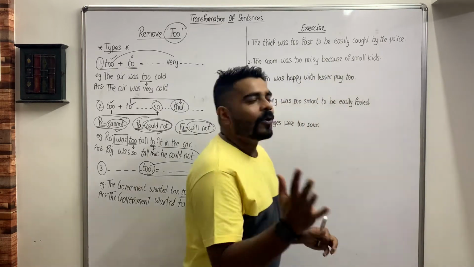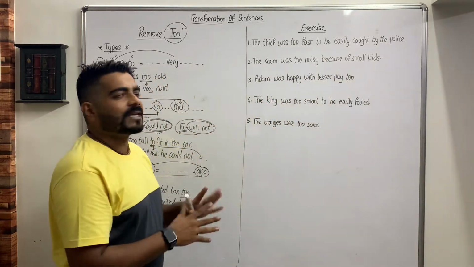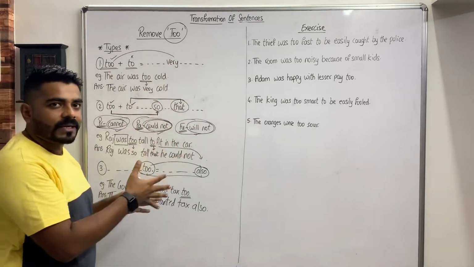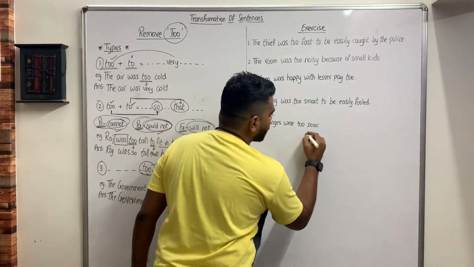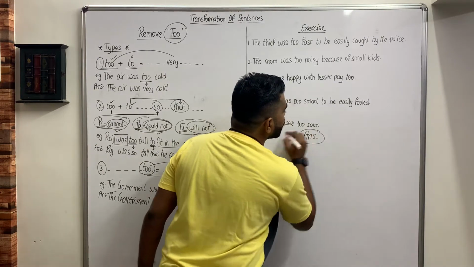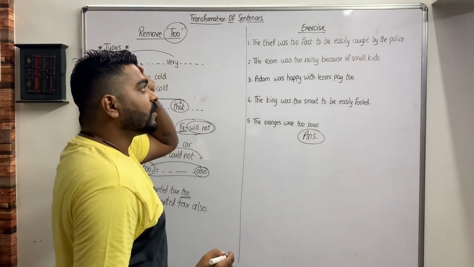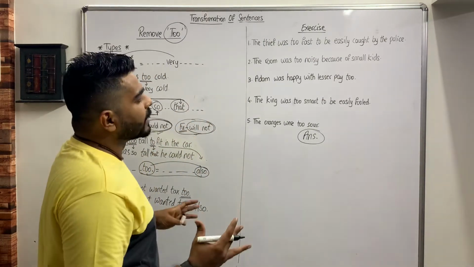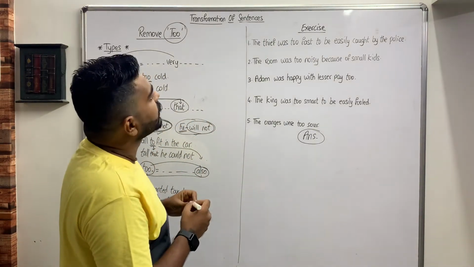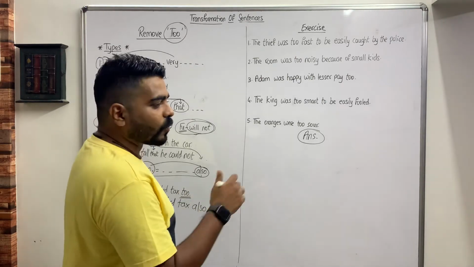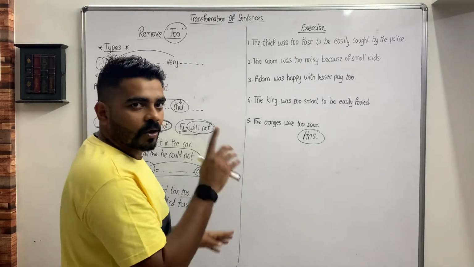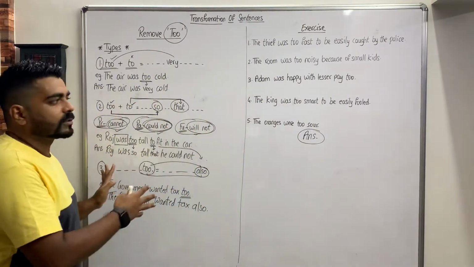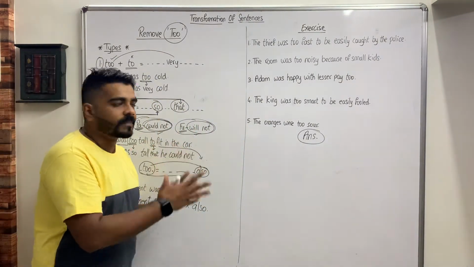Alright. Now, we'll quickly take the sentences and see if we are able to apply what we understood, whether it is transferring, whether we are getting the answer in the sentences. The first one, see, this is the way I think. Okay? Always go by types. Don't try to show heroism, thinking you can see the question and get the answer, and then you end up with zero after seeing the answer. Always remember, think about the type, go by the rules. There is no hurry, there is no race in this.